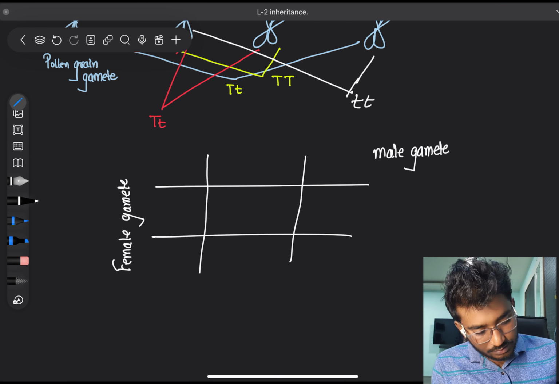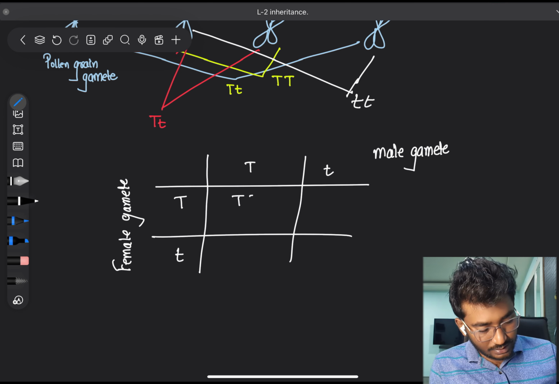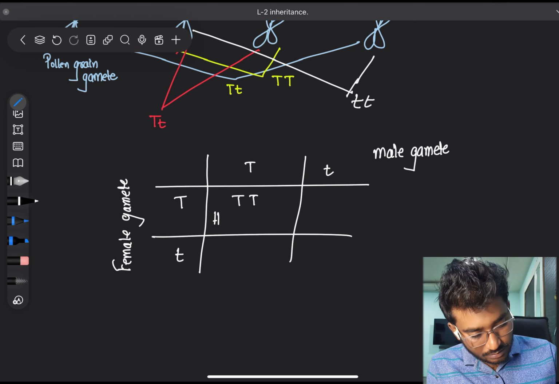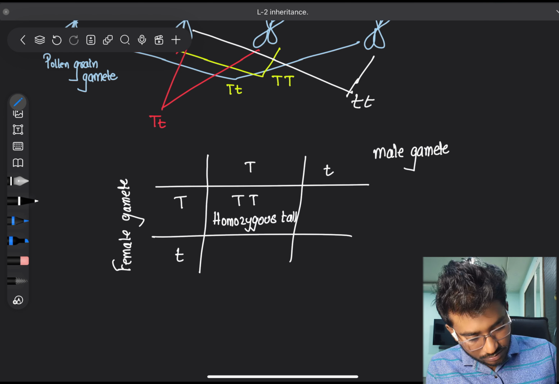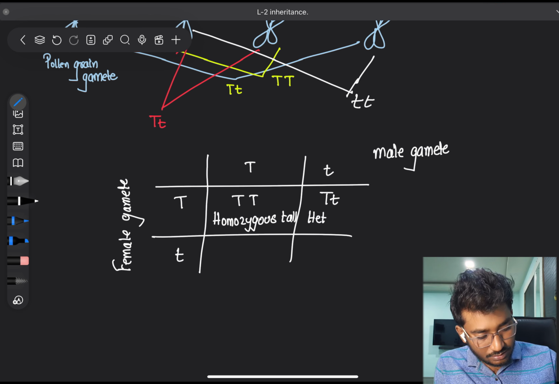Now here I am giving T, capital T, small t. Now this will be homozygous tall, this is heterozygous tall,